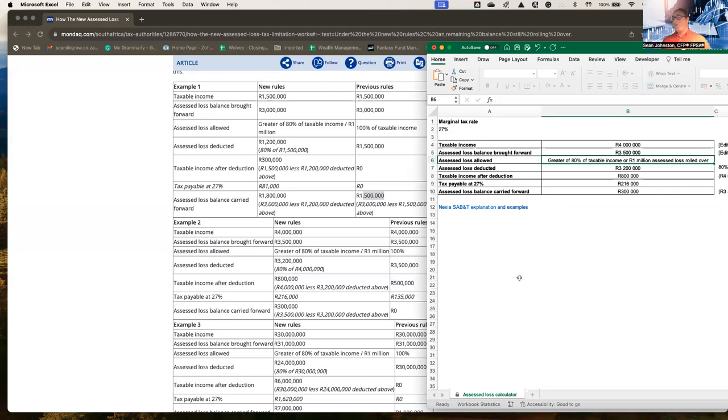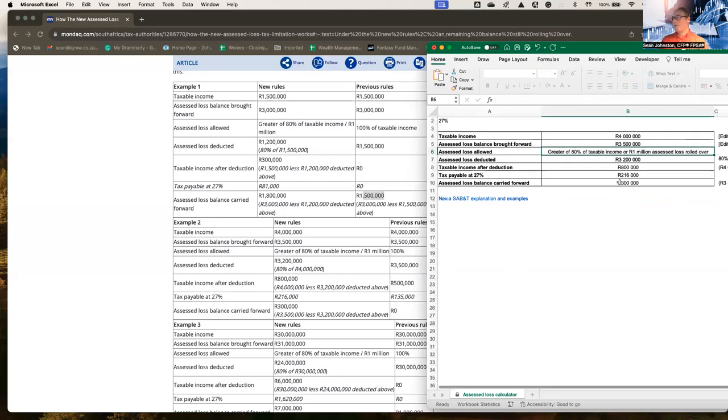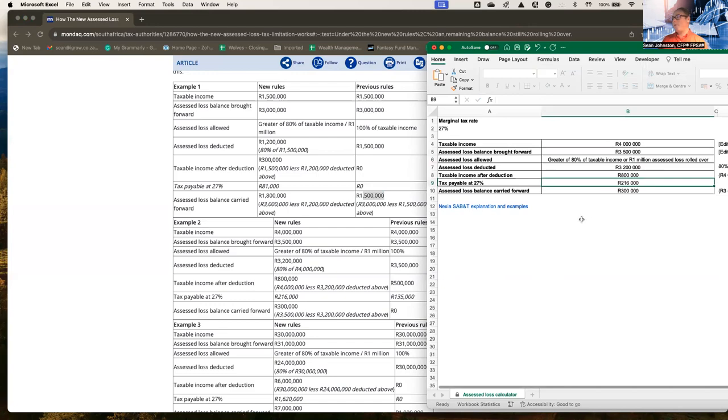So if you're an accountant, you can strategically do that, where you can maybe run losses that are higher or try and generate certain profits to bring down your tax. But in this particular case, 216,000 is what's paid, which obviously is higher than the 135, which is on the 500,000. So that's just really important to note because you need to have that money available to pay SARS in that